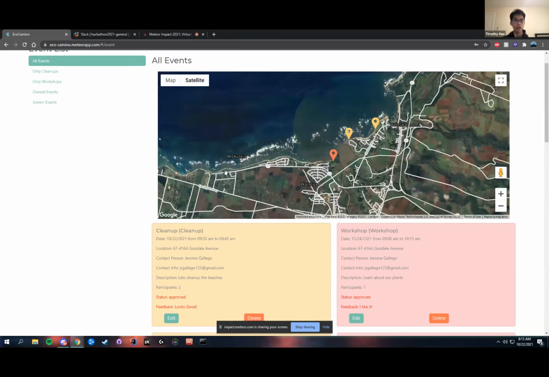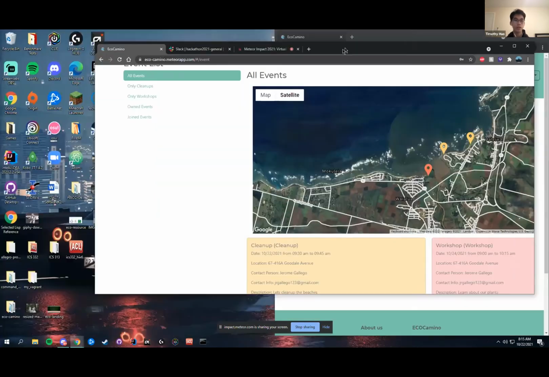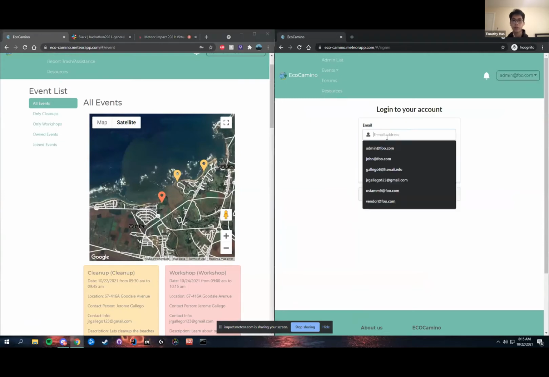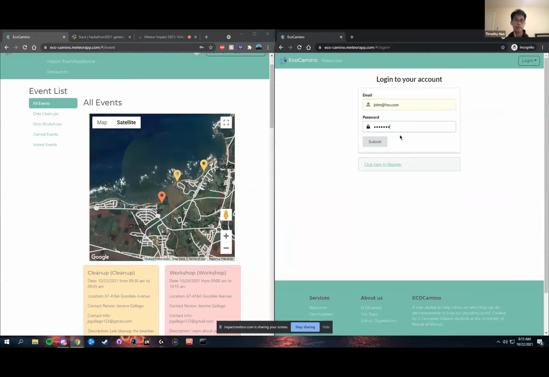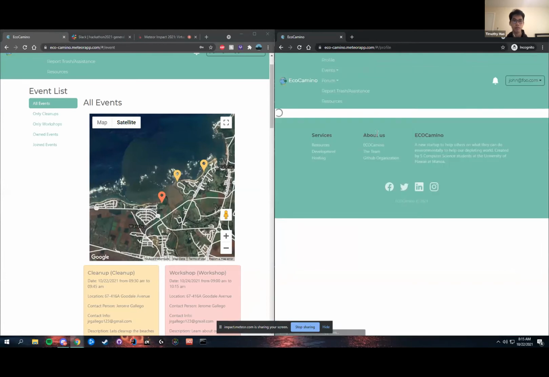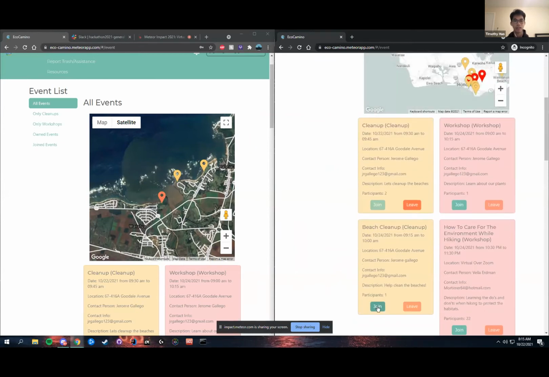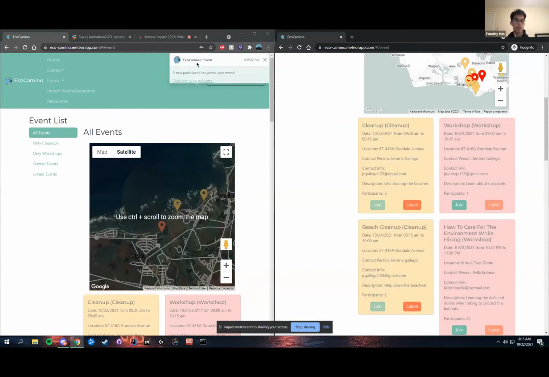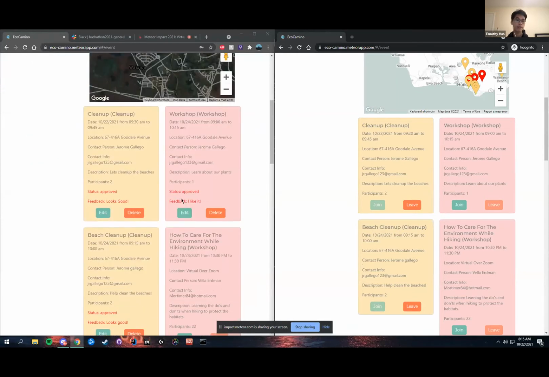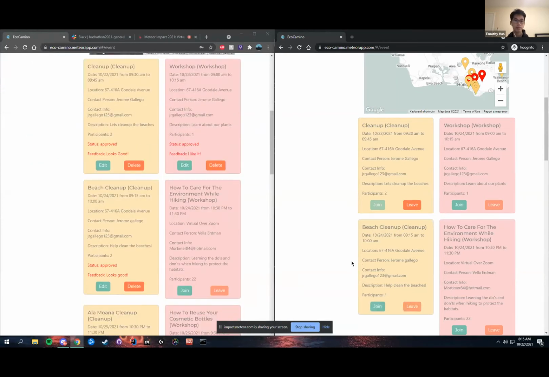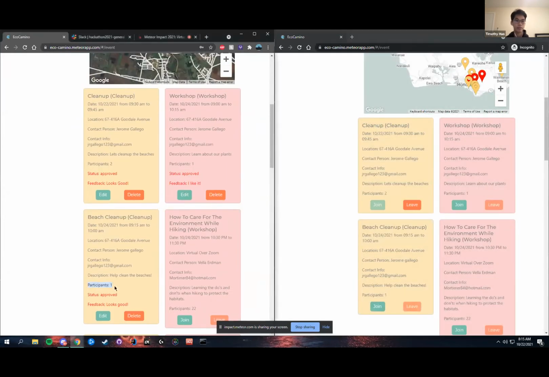All right, and then let's switch to a different account. We can use a default user account called Janet Fu, and show the interaction between joining and leaving events. You can go to view events and go to the event that we just created. Once you join, you can see that the participation goes up, as well as on the left side, the owner of the event gets a notification. Now you can also leave events as well, and you can see the changes have been reverted.